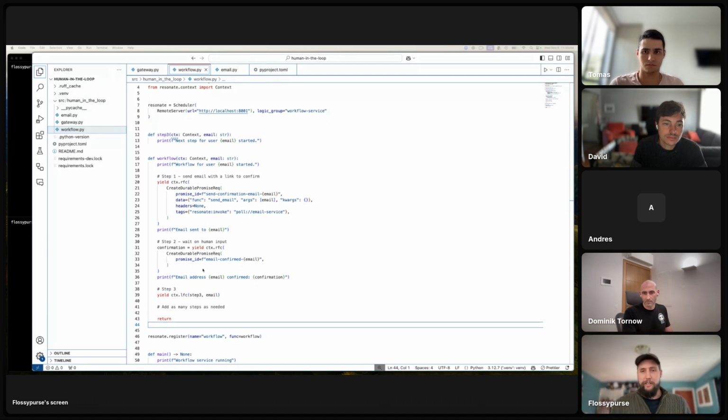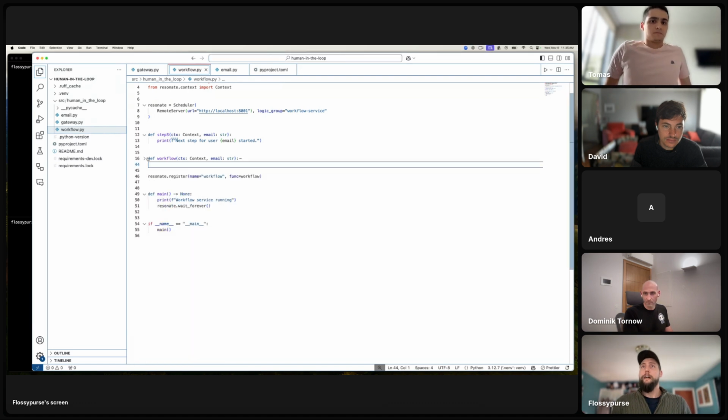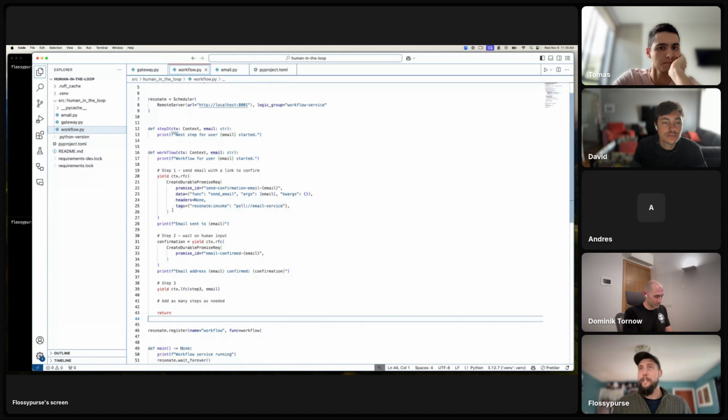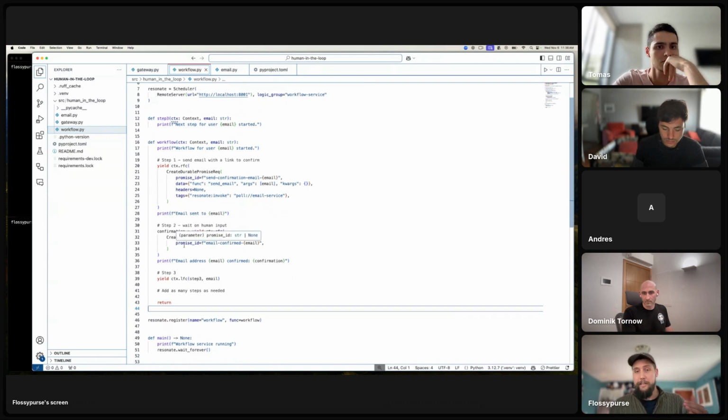Hopefully folks familiar with durable execution will find this architecture I've created very familiar. You've got a workflow here with multiple steps. The very first step is to send an email to the user, and then the entire thing is blocked, waiting until that user confirms their email, clicks a link in their email, right? Which then would hit an API server, and then the rest of the sequence would continue somehow.